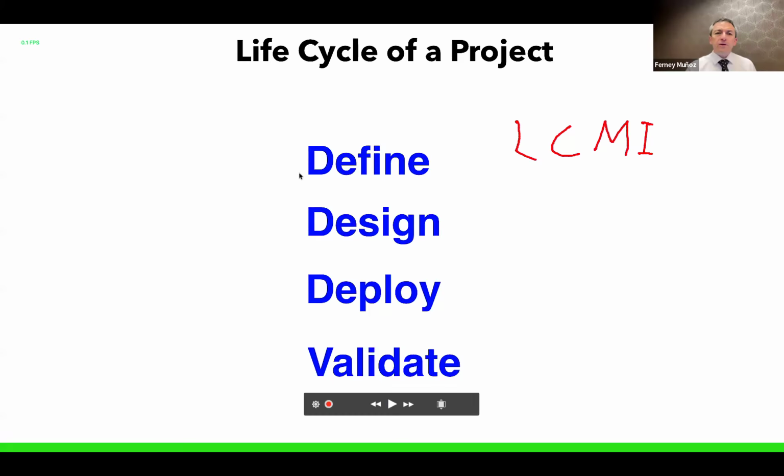Thank you, man. All right, so that's it for the definition. Now, let's talk about the design. Once the project is defined, then we have to jump into the design phase. Some companies will have, let's say, a vendor, and the vendor has a piece of software that they use to come up with the number of APs and the location of the APs they're going to use.